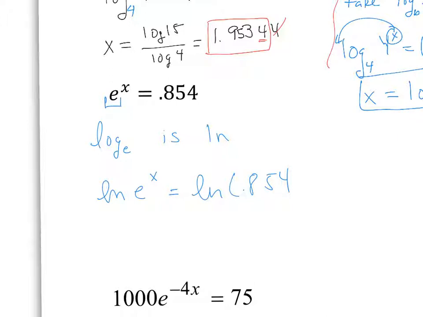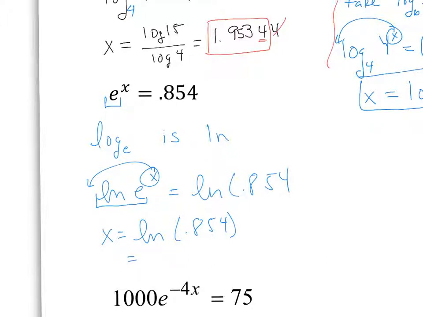And this is that idea of taking the log of both sides. This x comes in front, and I'm also left with x. Remember, the natural log of e is my identity property. All of that is just equal to 1. So x is equal to the natural log of 0.854,